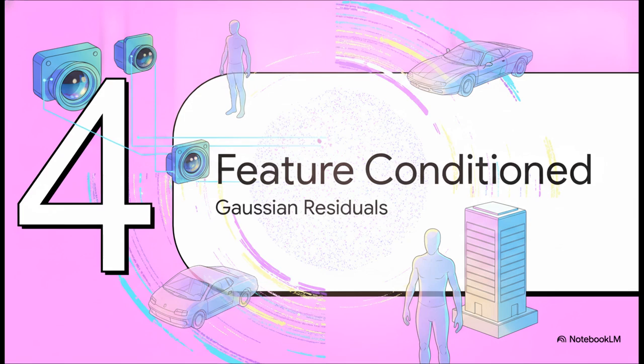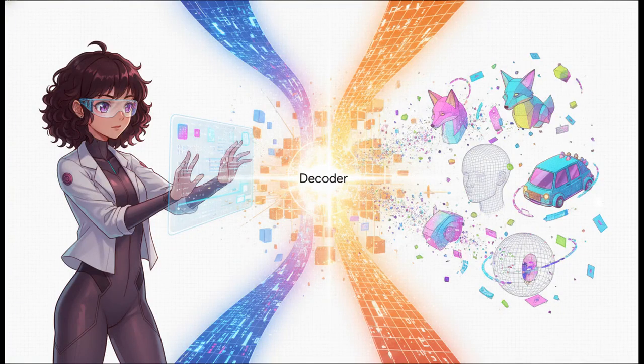Feature-conditioned Gaussian residuals. Of course, initialization is only half the battle. Moving to the refinement stage, this is where semantic context and geometric priors are deeply injected into the point cloud. Instead of just feeding raw RGB and depth images directly into a decoder, UniSHARP fuses 2D semantic embeddings right alongside